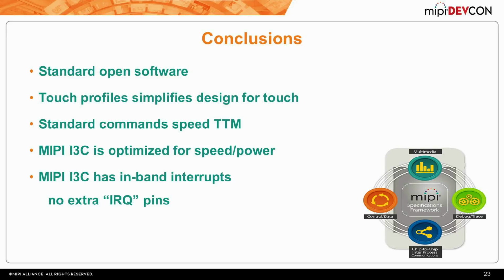We want to leverage all the hard work from the sensor group to use the I3C interface to leverage both the speed benefits it provides as well as the power optimizations. Additionally, we want to leverage the ability to use the in-band interrupt. There are some very nice features built into that which allow us to do some embedded two-way communications on these interrupts that we didn't historically have the ability to do in the other traditional interfaces. So in looking at how the sensor group defined it, we found some very nice things that we want to take advantage of.